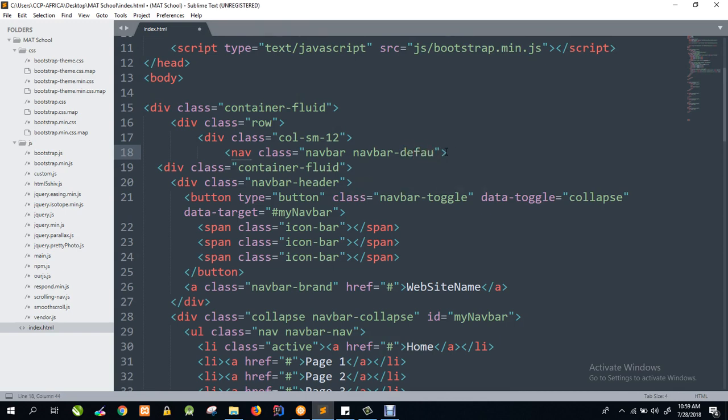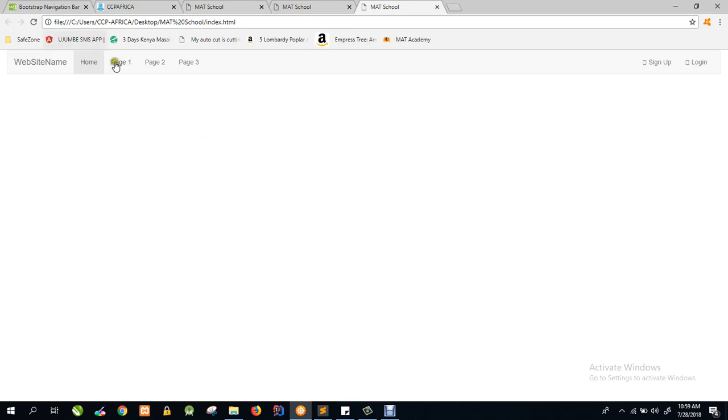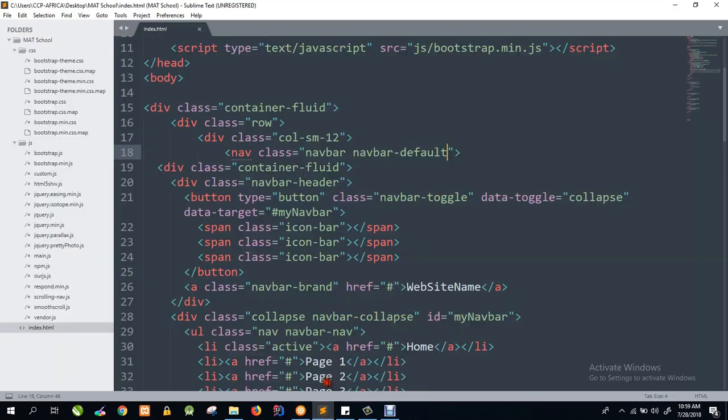Navbar default. Yeah, navbar default will make it a bit lighter. Yeah, there we go. Later we'll be learning how we can also customize all that and make it the way we want. So for now, let's customize this. Of course, the website name, Max School,